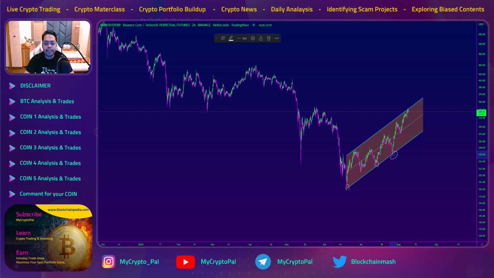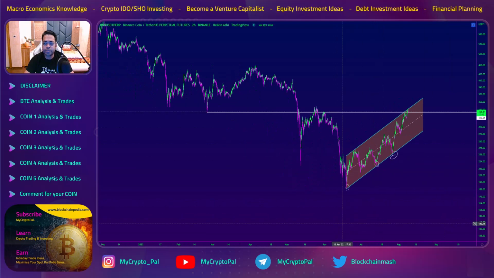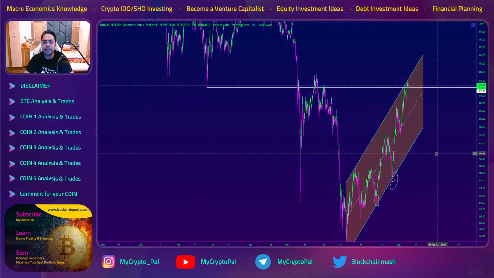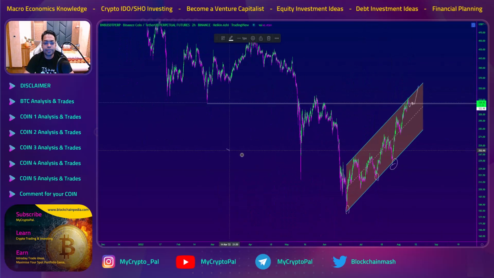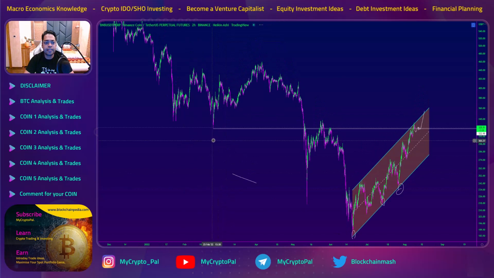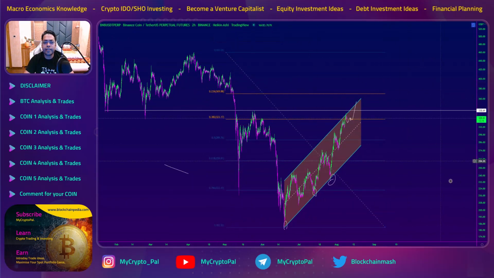Yeah, I can see that this is a major level of resistance which BNB has overcome now and is on the support zone. So if it finds support over here, then it will wobble around a little bit around this region and then go up to tap the top of the zones. Now looking at my next level of resistance, it is coming somewhere here, and you can see that this will be a perfect tap of the golden pocket area over here, this whole zone over here.